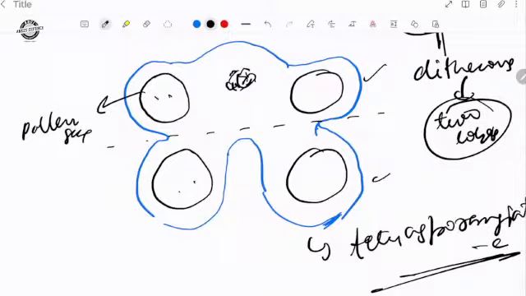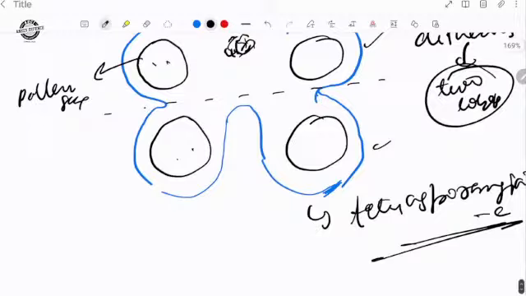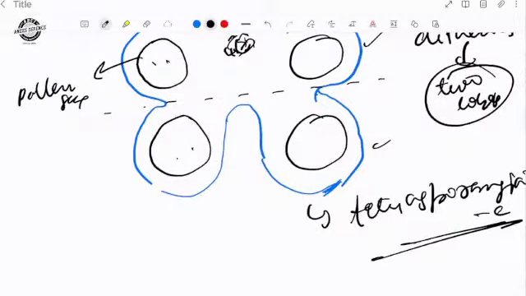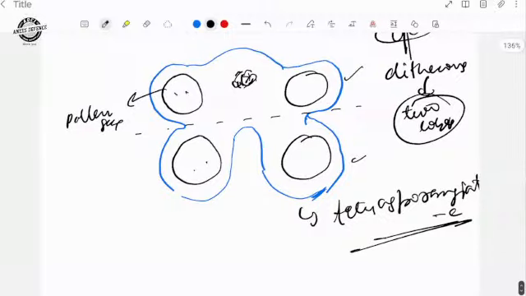What next? The heterogeneity arises when some hypodermal cells get transformed into archesporial cells. You do not need to know this. Simply understand this is the cell. This is the pollen sac, where the formation of pollen grains occurs. You should remember that pollen grains form in the pollen sacs. Pollen sacs are present in the monothecous part, which is part of the dithecous anther. Inside that anther, we are studying all these things.